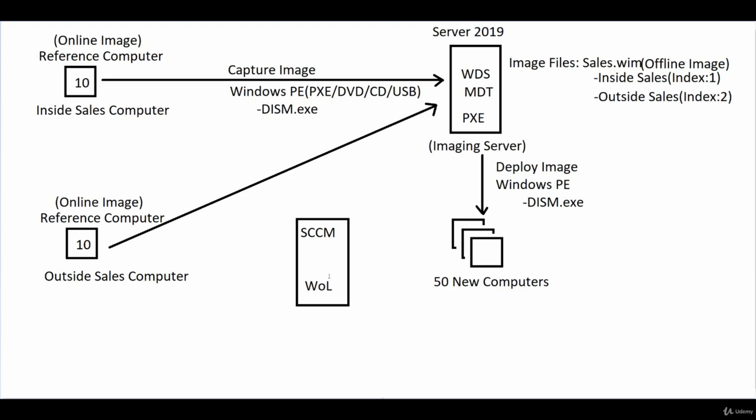So with SCCM, I can actually have these computers wake up and tell them to go get the image from the WDS server and what image to get and everything, and basically automate the entire process from start to finish. So again, no kidding, you could start on a Friday. You could schedule this to happen Friday evening. You could come back in on Monday and these 50 new computers are all set up for you, okay, with